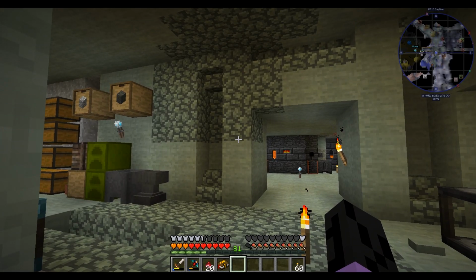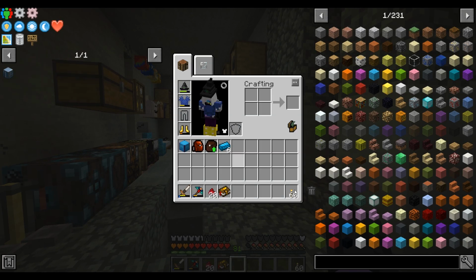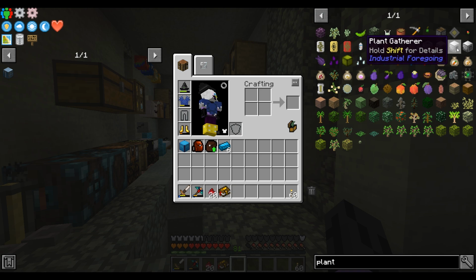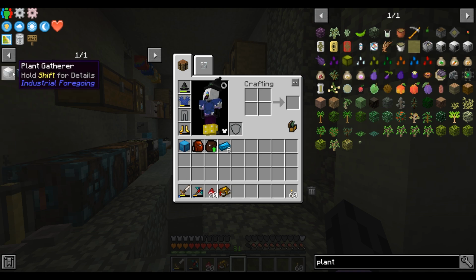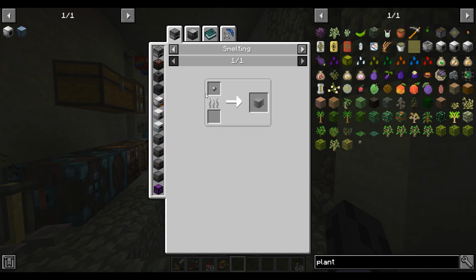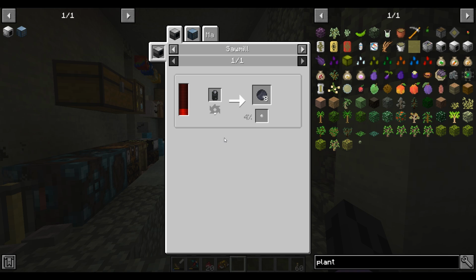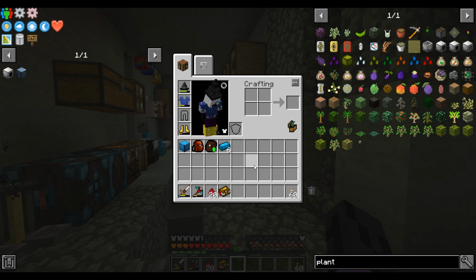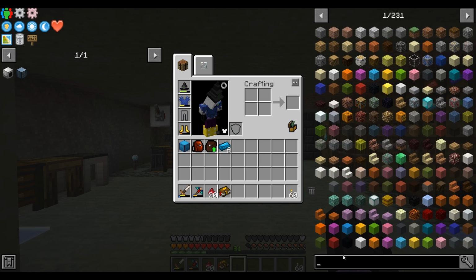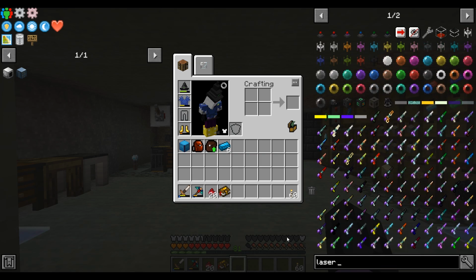So we have 3 tasks I want to try and get done today. One is the factorizer. One is the industrial foregoing plant gatherer, because it's a very simple recipe. It just requires some plastic, which, to be honest, we can definitely do. And one is the laser gun. I think we'll start with the laser gun because I've been hinting at a laser gun for quite some time,